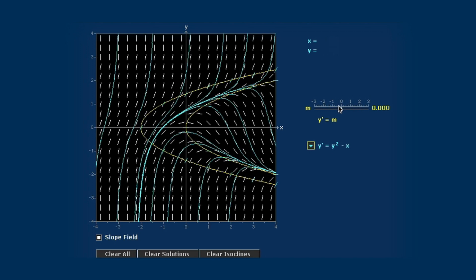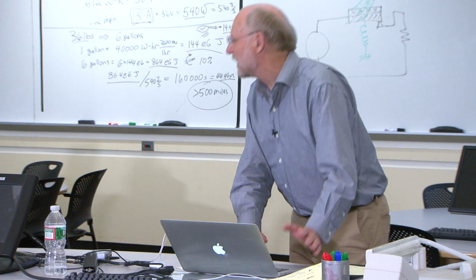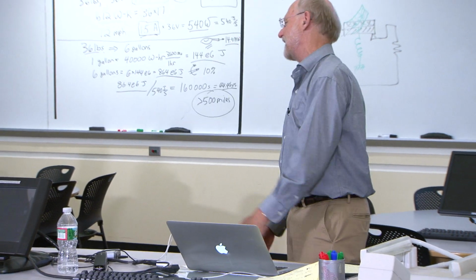I'm going to come back here and drag this out. So if I'm looking at the isoclines for positive slope, they're parabolas to the left of the null cline. And over here, these have negative slope to the right. So when a solution passes through the null cline, just before it hits the null cline, it has positive slope, just after it has negative slope, and so it must be going up and then coming down and must be a maximum.